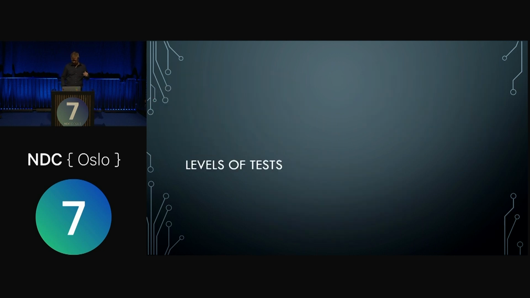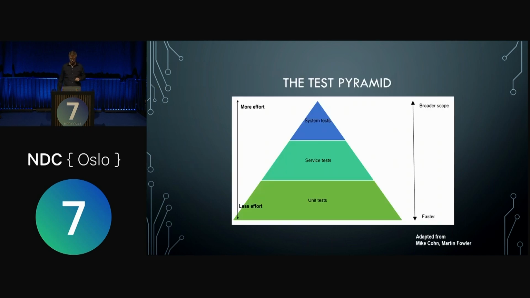So, okay, now let's get into tests. And we'll just start off with this. The test pyramid, I'm sure you've seen it before. It's been around for a long time, quite classic. We have unit tests at the bottom. Then we have a middle layer, and the top layer we have system tests. And in the middle one on these slides, I've written service tests, and that's not usually what it says there. It usually says something like integration tests. That's probably often what you would have seen.